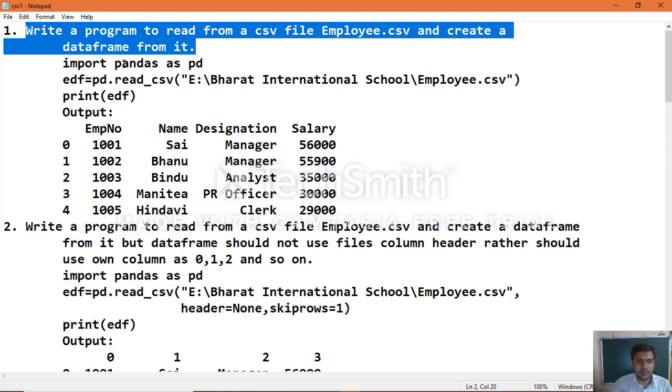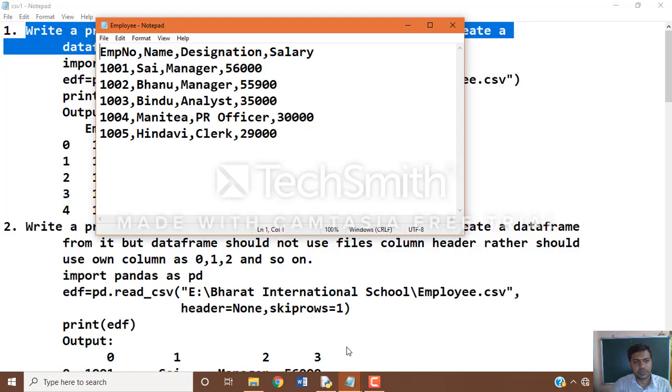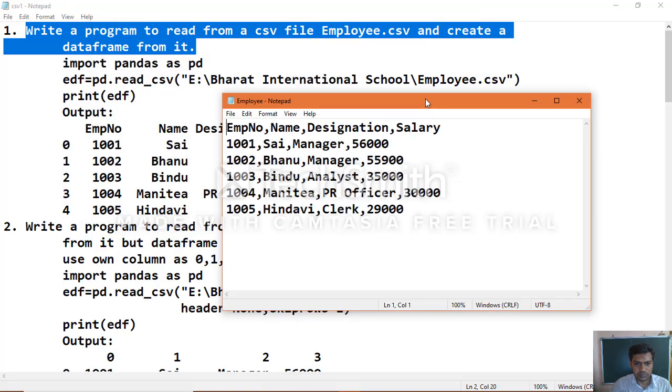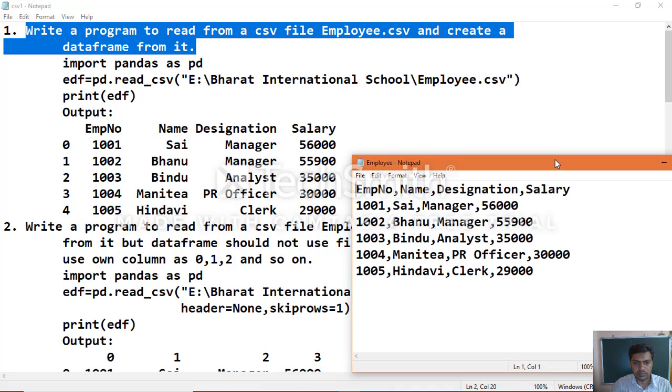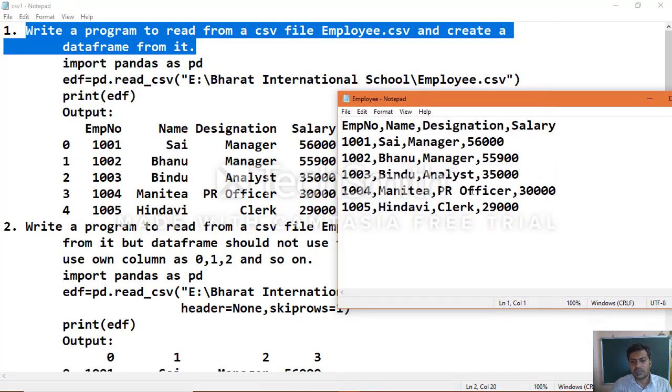Now we can see the program which you wrote here. First we will get into the CSV file where you want to store the information, the CSV file for employee. Here you can see this is the notepad which you need to take to create a CSV file.